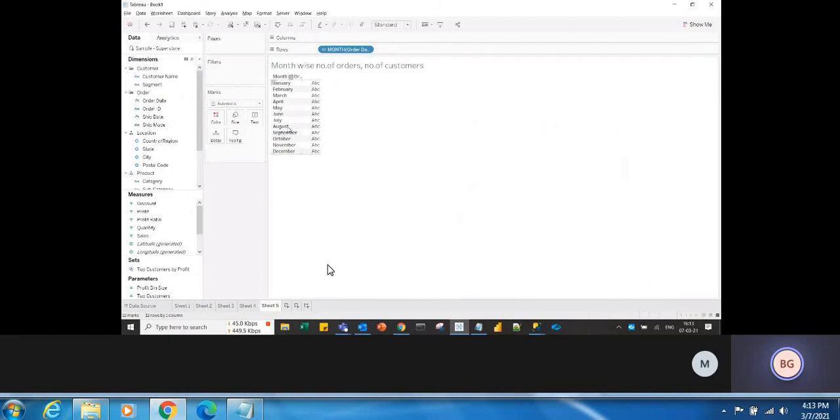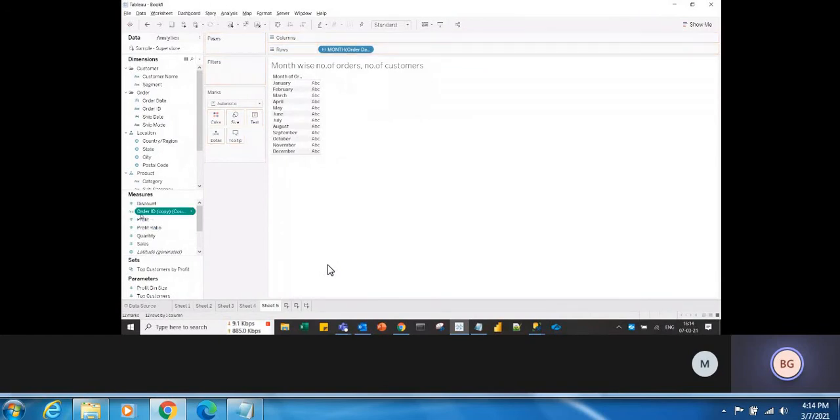So month wise, number of orders. So how to get the orders? Like just now I told you, either you drag the order ID into columns and get the aggregation type as count, or simply you can drag this into measures like this. See, it will take count. But when you are doing it, don't do it directly. First create a duplicate, because sometimes we may need it as a dimension. So duplicate it, and this copy you can just drag it here.